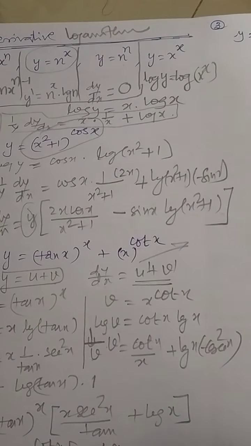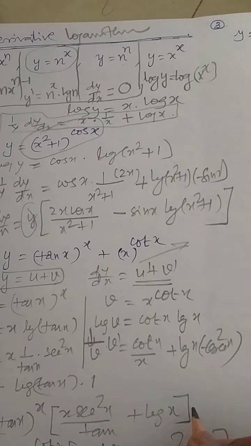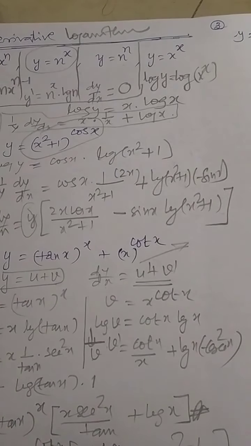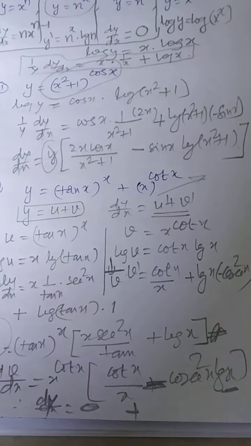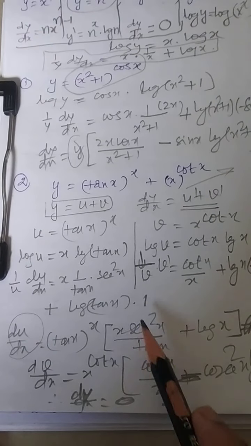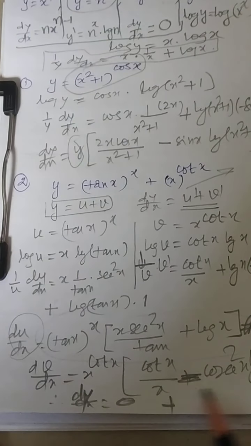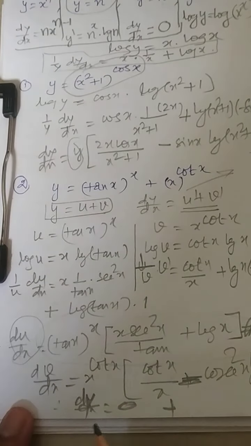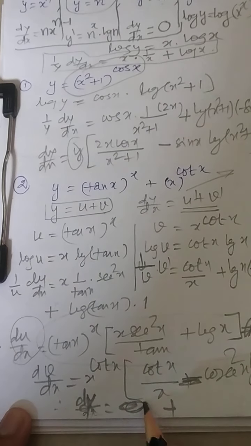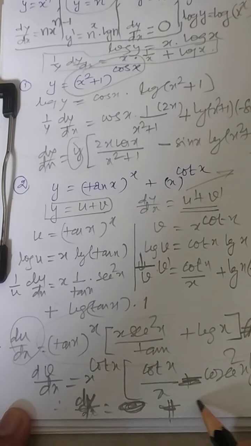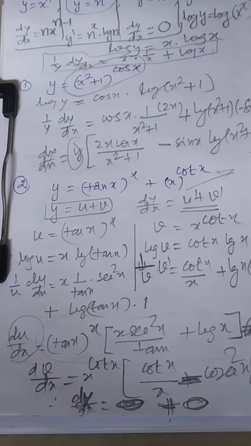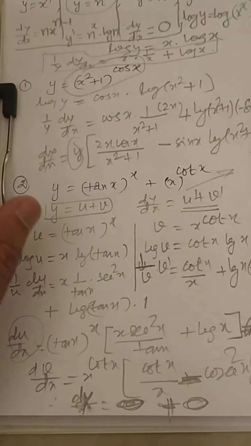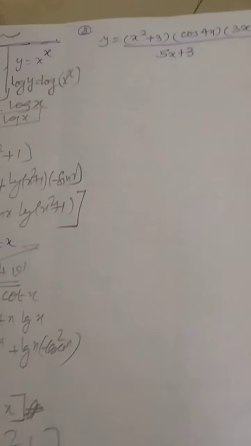Finally, dy by dx will be equal to, write this term first plus the another term and then complete the sum. In concluding part, you are supposed to add these both. This is the value of du by dx, this is the value of dv by dx. So final answer will be dy by dx will be equal to the first value plus the second value. Okay, so this technique you can use and answer the question. I am explaining few more questions on the same line.